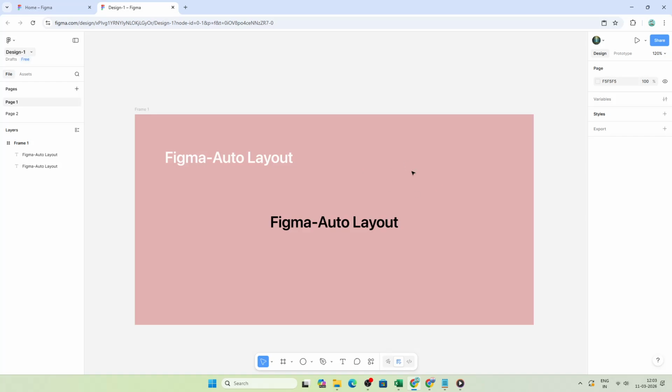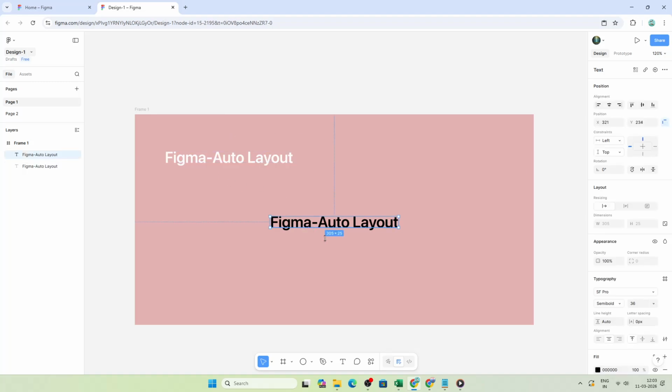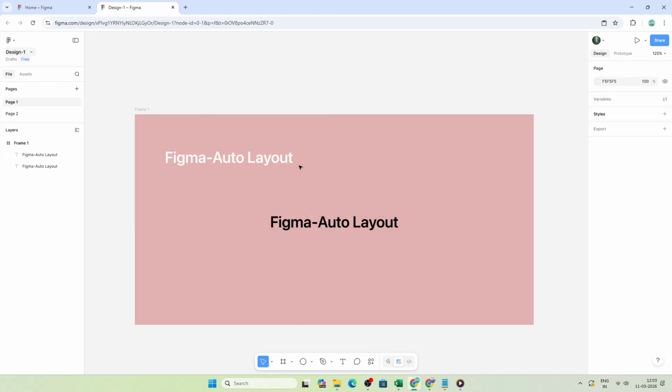In today's video, I'm going to teach you Figma Auto Layout in UI3. How to use Auto Layout. Auto Layout is the fastest way to organize and scale your designs, and in the new UI3 update it's even